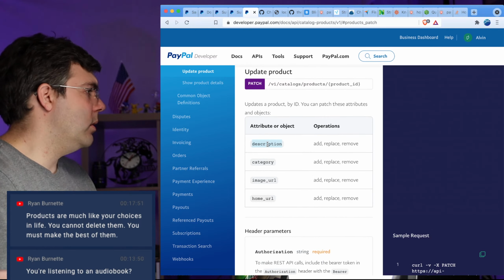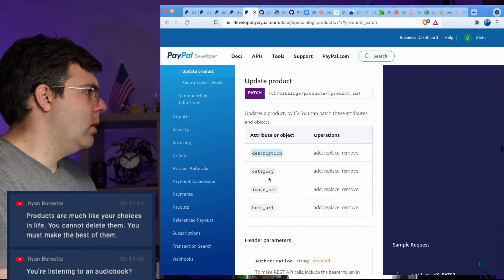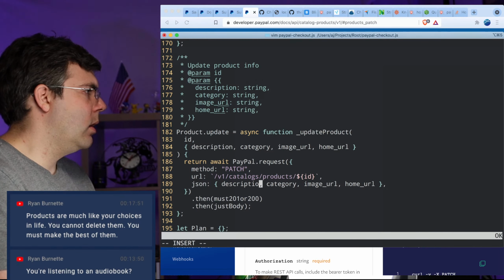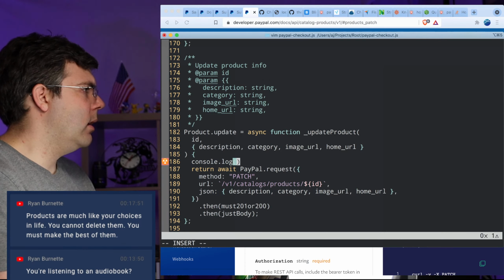And description. Method URL JSON. Really not clear on what could be wrong here.